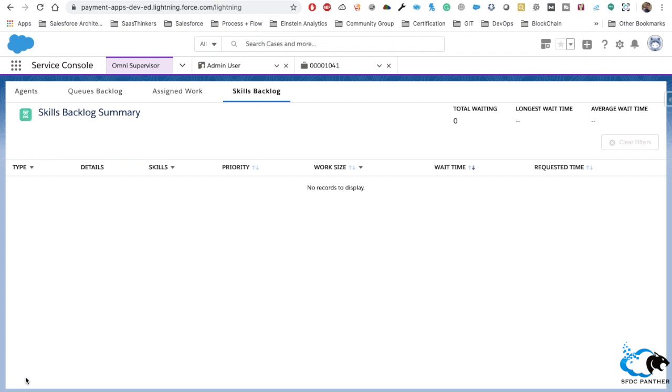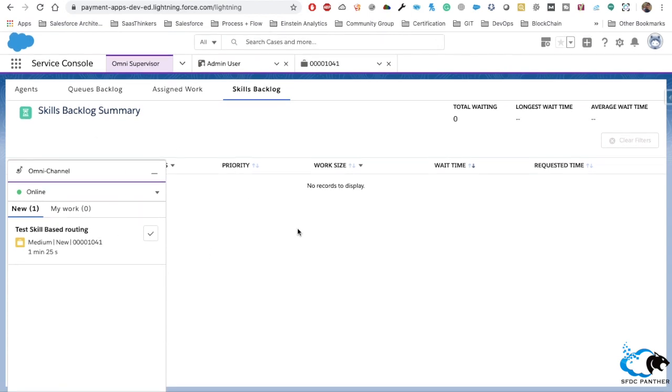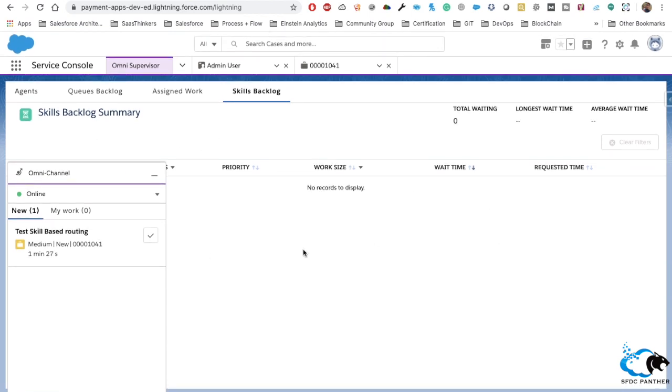Why is there no item in the skill backlog? Because the user is getting a pop-up here. If the user is not getting a pop-up here, then those items will be here. That means the items which are waiting to be routed to the correct agent will be sitting here in the skill backlog that we will also be seeing. So let's quickly